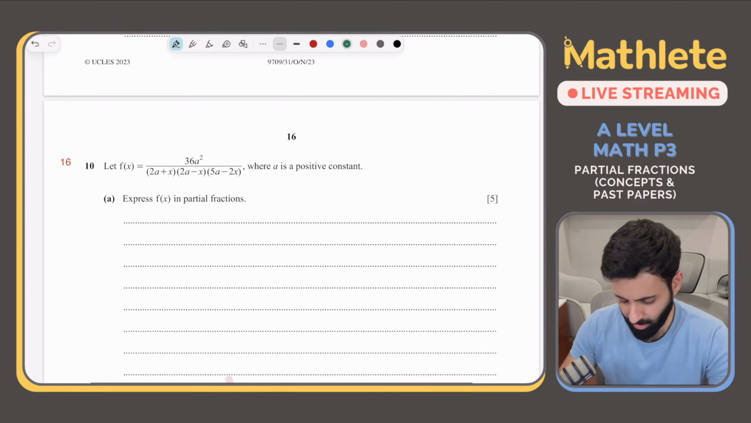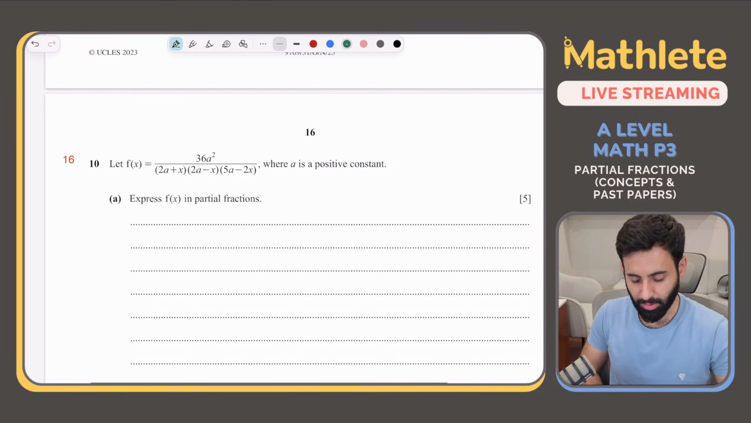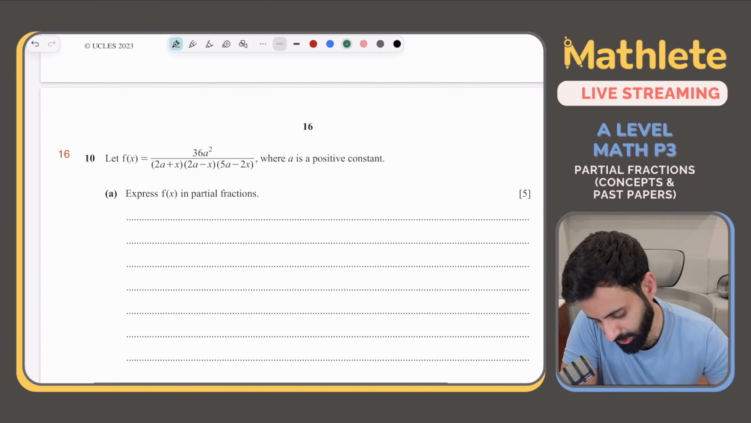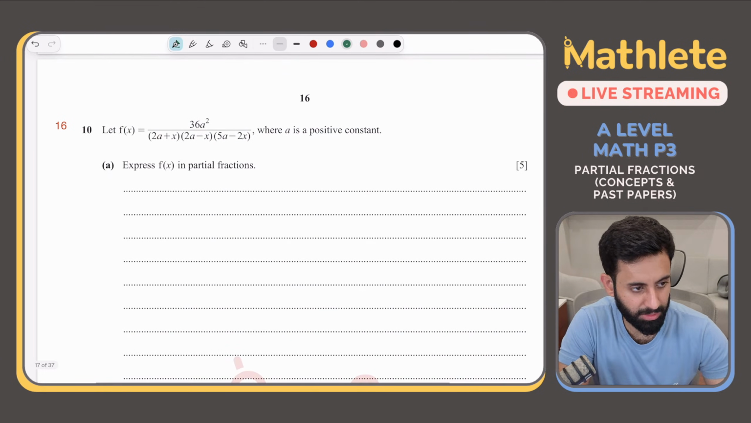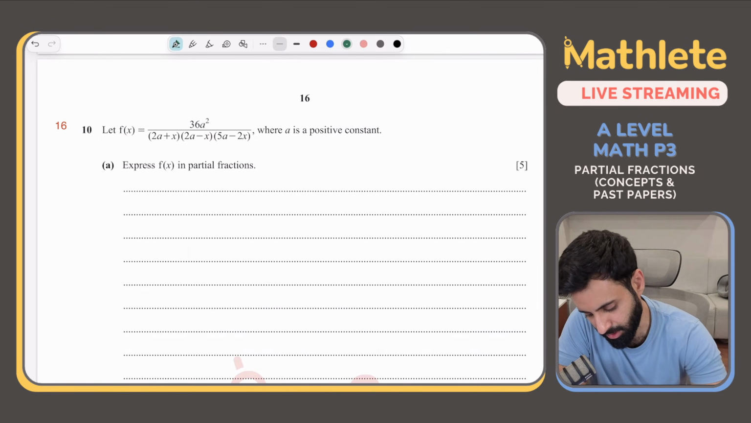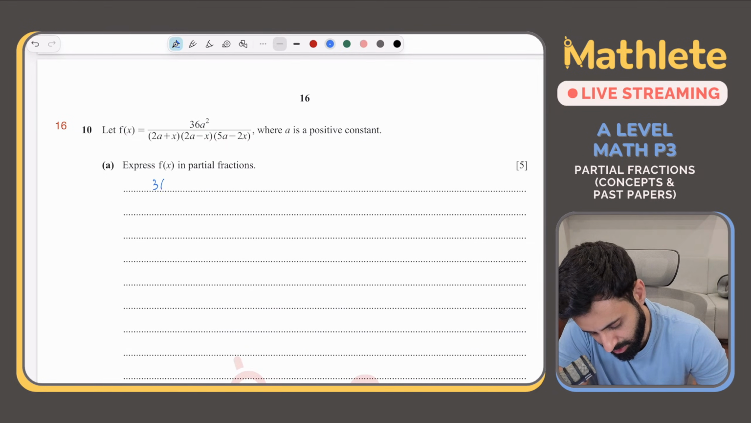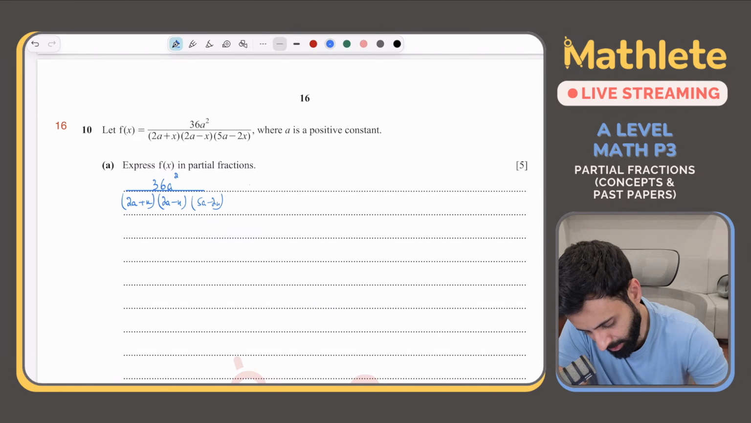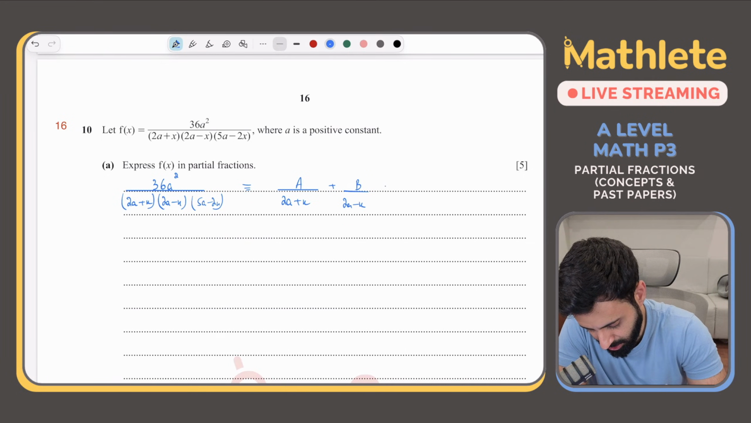Yeah. Express f of x in partial fractions. Okay, let's do this. Where a is a positive constant. Let's see how this works. So once again, here also the method remains the same. Okay, so 36a squared over 2a plus x into 2a minus x into 5a minus 2x. Okay, this can be written as a over 2a plus x plus b over 2a minus x plus c over